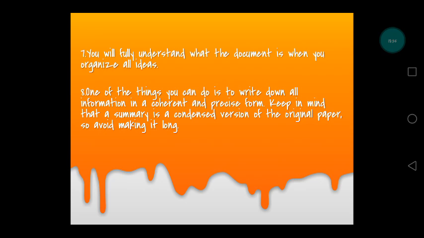Next, one of the things you can do is to write down all information in a coherent, precise form. So, keep in mind that summary is a condensed version of the original paper. So, avoid making it long. So, you can write down all information nang mas maliwanag or magkakaugnay dapat. At syempre, sakto. Okay? So, tandaan,